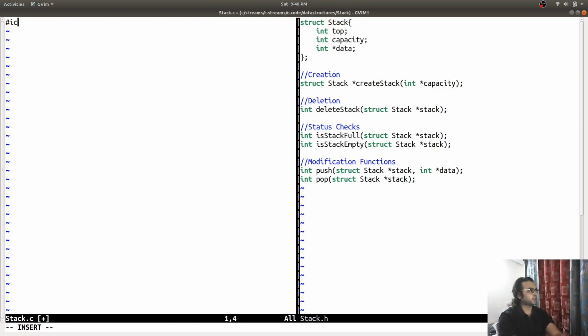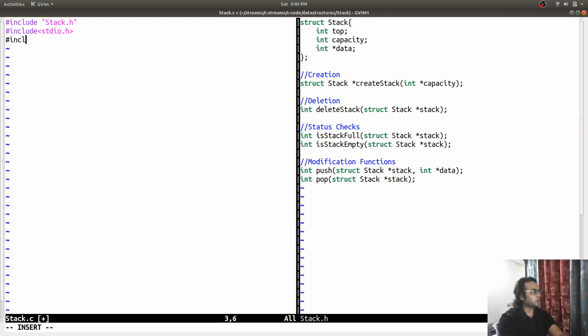I'm going to first include the stack.h file because it has all the definitions. Then I'm going to include the standard input output header file because it has all the input output operation interfaces.